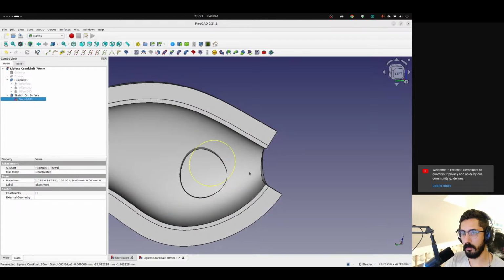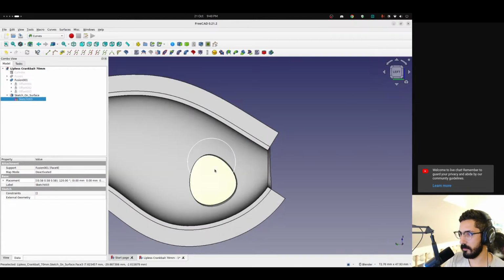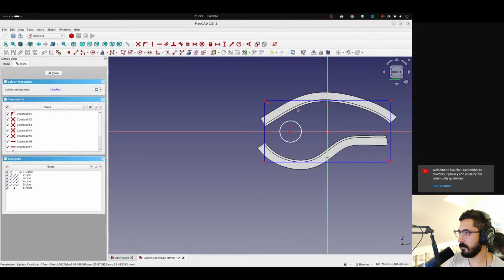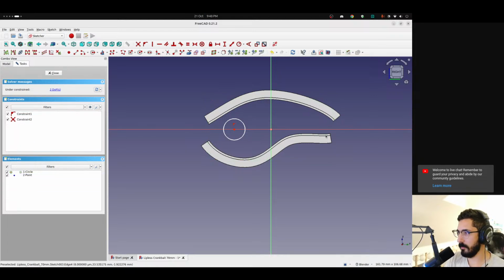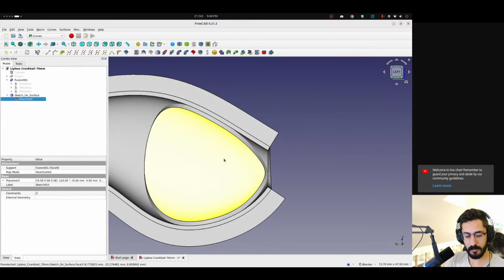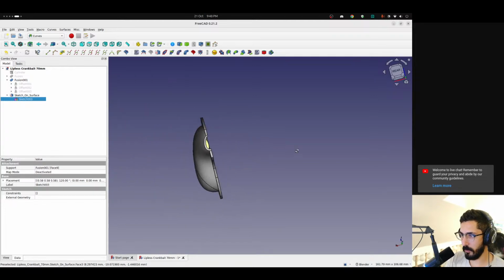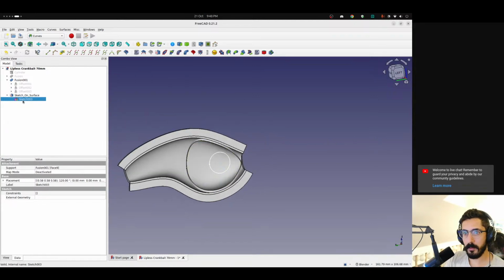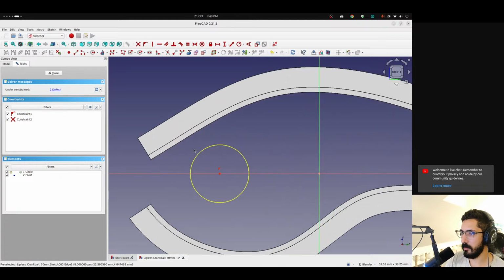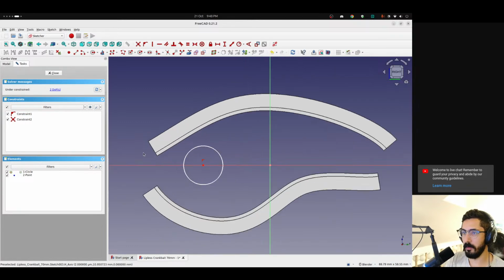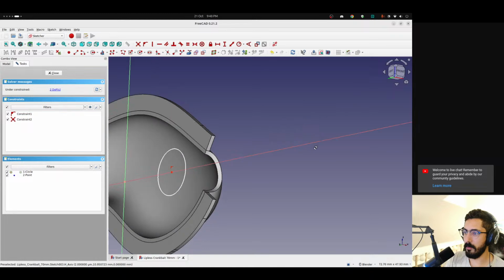So if I close this and I recalculate, is it doing anything if I delete these? Okay, it is doing something. So it is using the construction geometry to figure out the boundaries. So we need to somehow